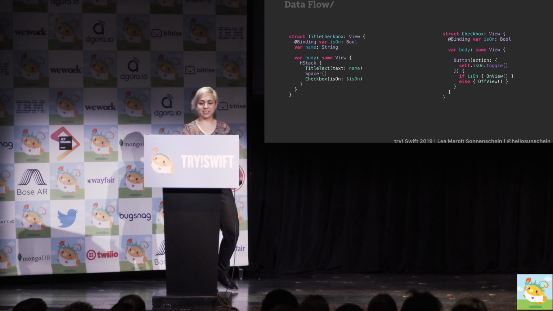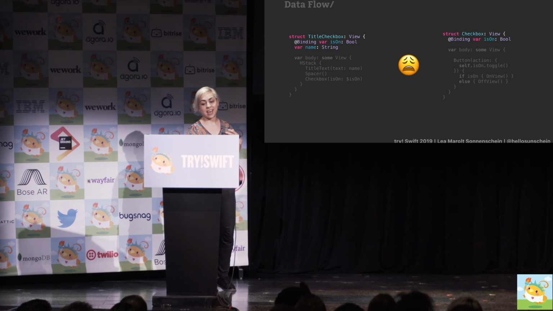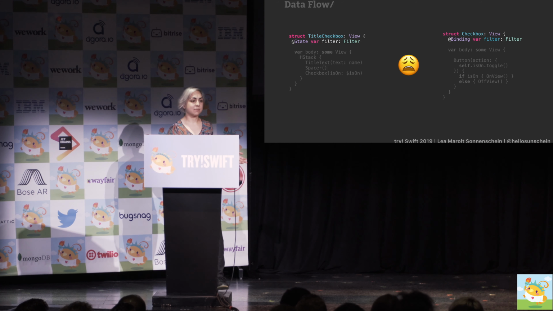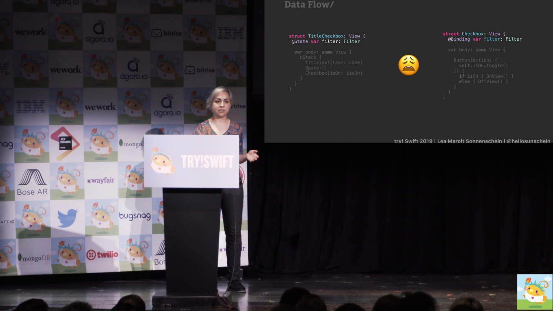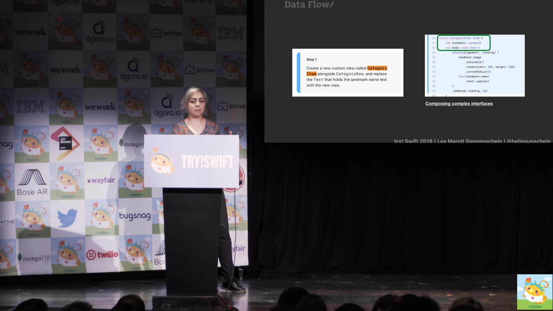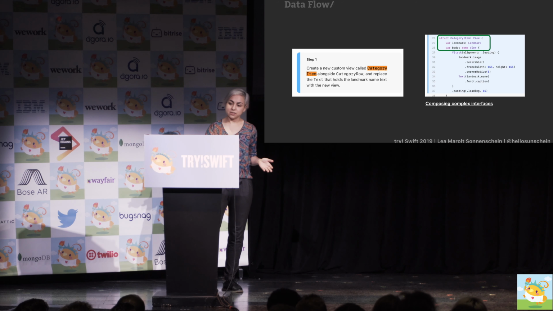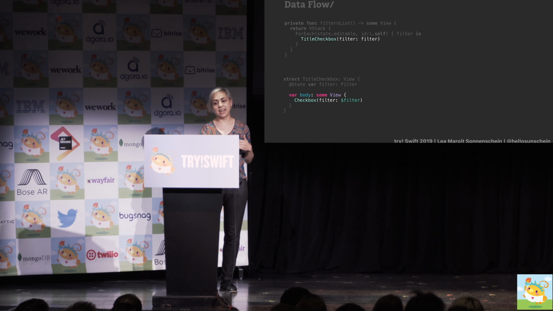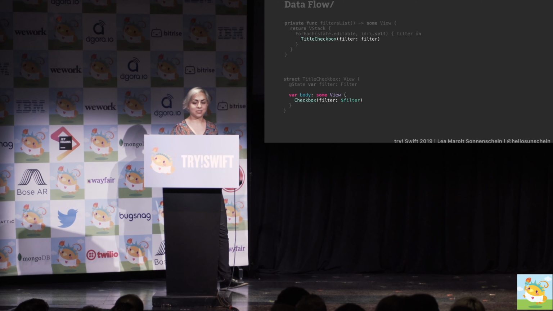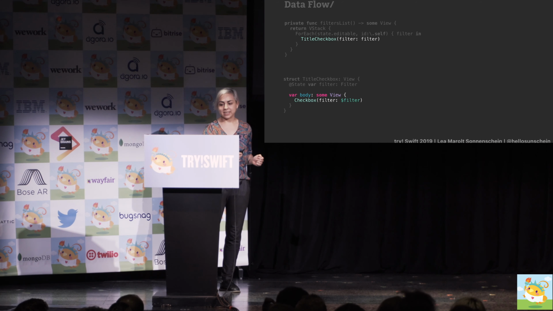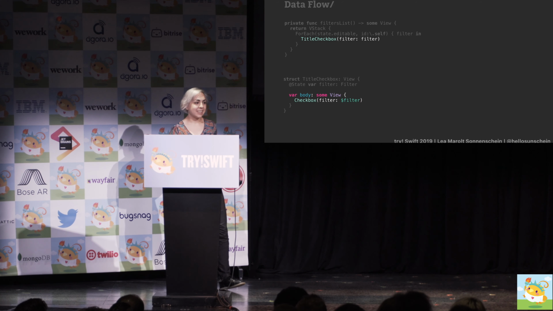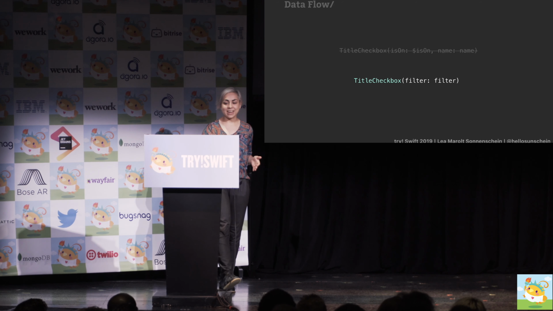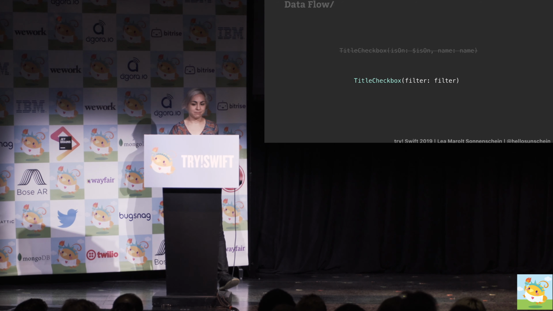So one way to make this work is to make the title checkbox and checkbox a little less generic and reusable, sad, and have them accept a specific model like filter rather than a generic isOn and a name, which, by the way, seems to be what Apple is doing in their tutorials. So from where we create our list, we'd pass down the filter to title checkbox as an @State filter object, and then bind it to the checkbox, which is quite annoying because now that I've made this control very specific, I can't reuse it anywhere else. Because instead of being instantiated with a simple bool and a name, we're now tied to passing a specific model.